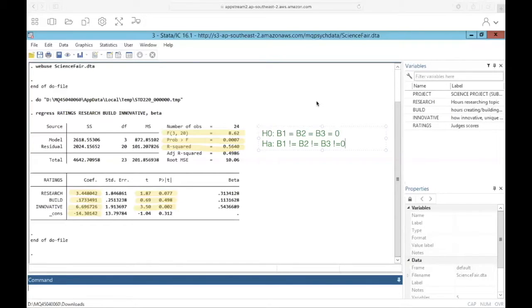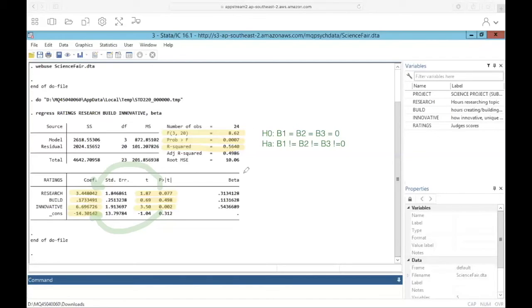So with our null hypothesis in mind, this non-significant p-value for hours spent researching means that the beta coefficient 3.45 is not significantly different from 0. Then on the other hand, the significant p-value for innovative simply means that our beta coefficient of 6.70 is significantly different from 0. So even though only one of our predictors is significant, the overall model itself is a